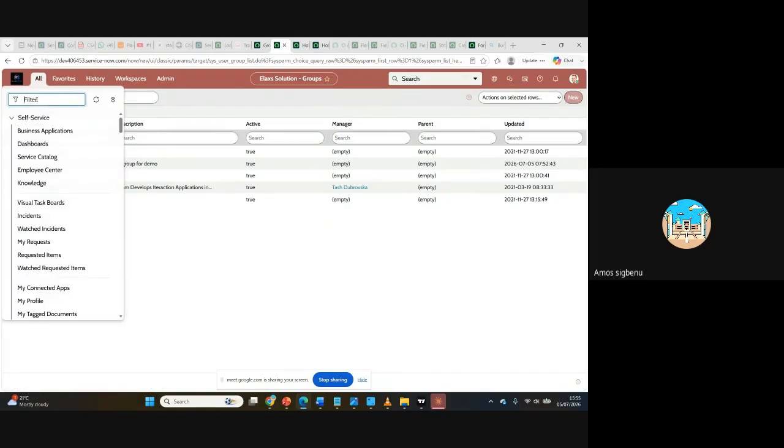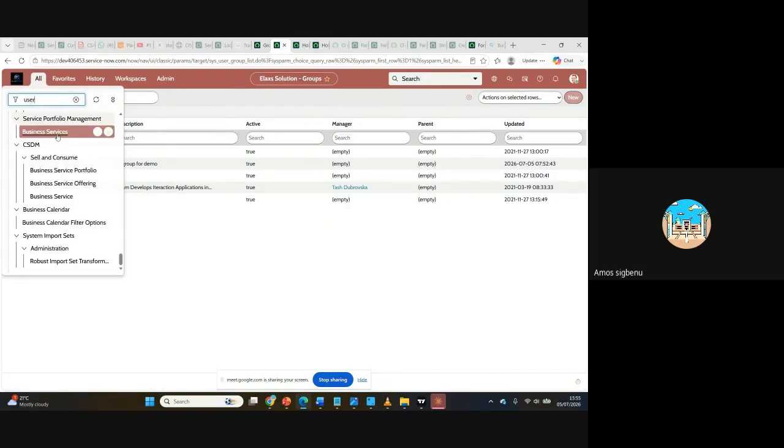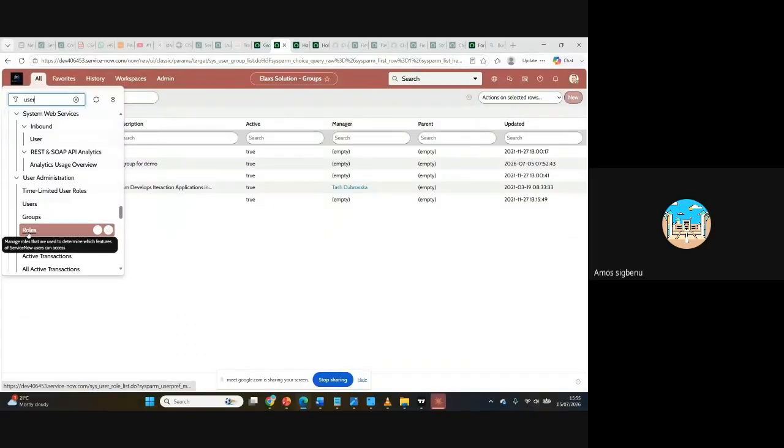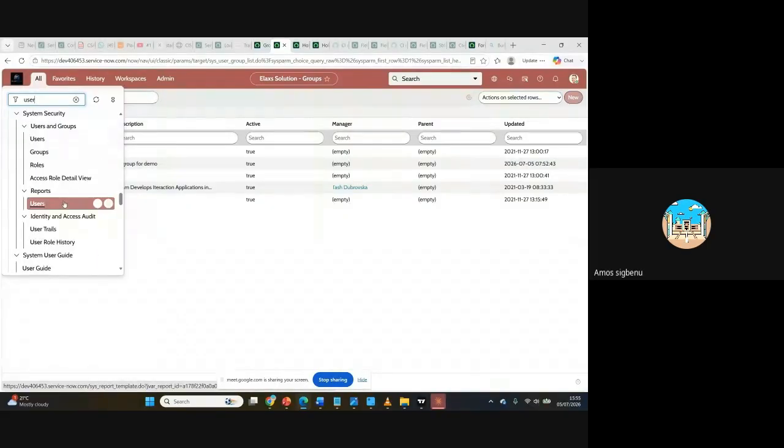Oh, users. When you go to user, this is what you're going to see. So why is it not displaying there? So you can see user administration. Under this is what I'm looking for. I'm looking for the role. Oh, under system security,